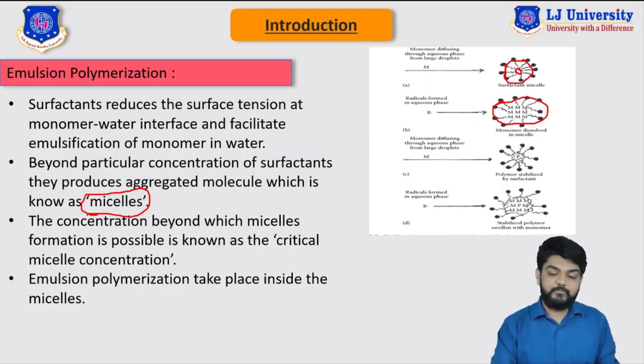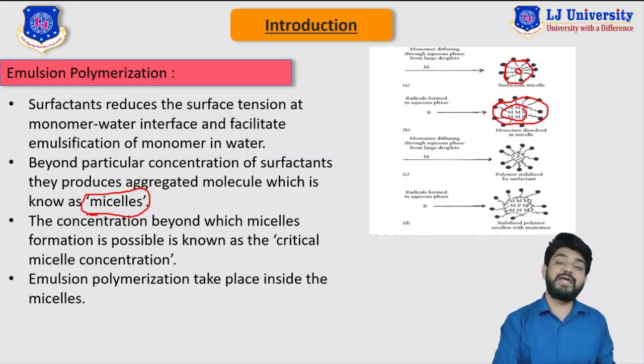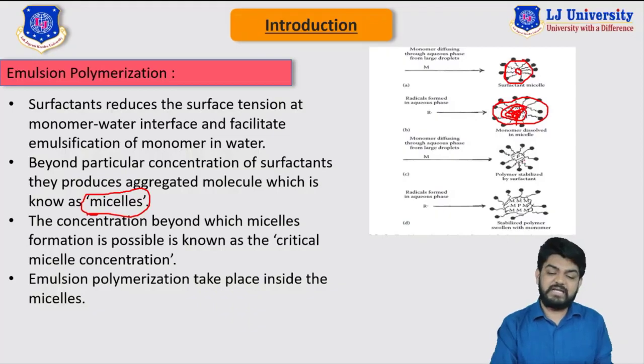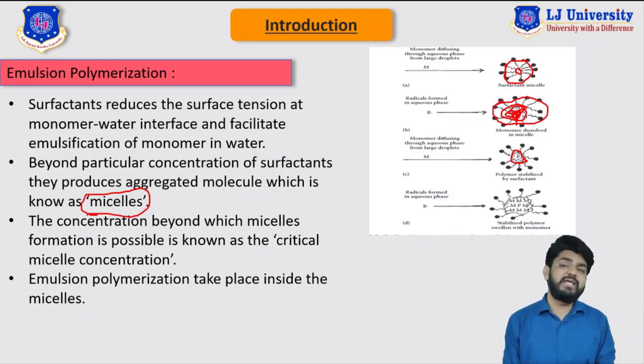Now you can see that we are getting our monomer at the center, right, which is the insoluble region. So if we supply a sufficient amount of heat, this polymerization will take place at the center of the micelle where our monomer is present, right here. Now you can see that in this image this reaction has taken place and we are getting our polymer at the center, right? So now we have produced our polymer inside the center of the micelle. Now we can easily remove this surfactant and we can get our polymer in the final form.